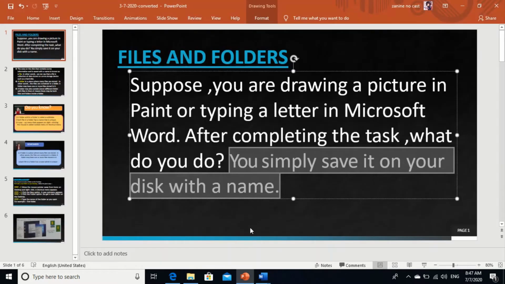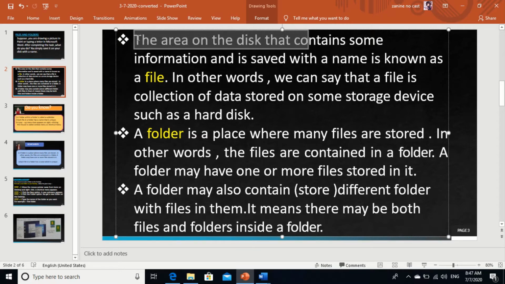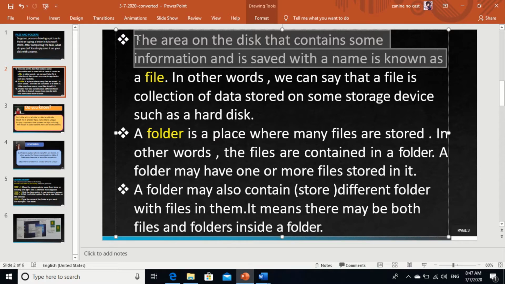Okay. So the area on the disk that contains some information and is saved with a name is known as a file.